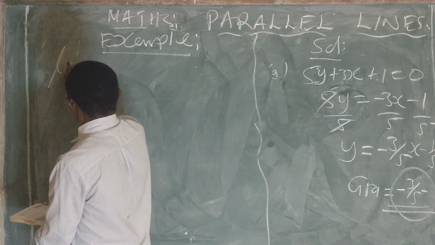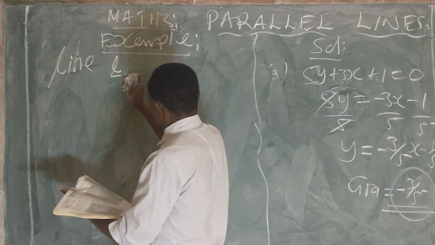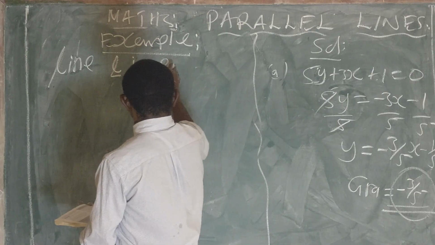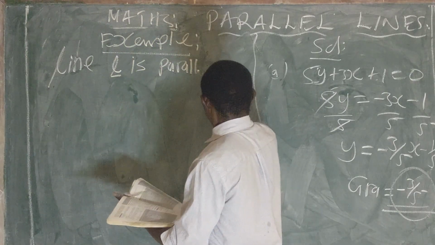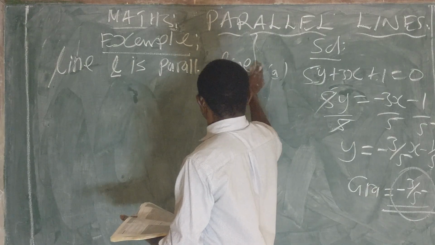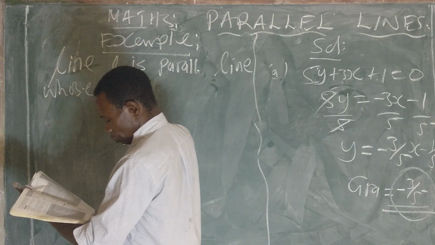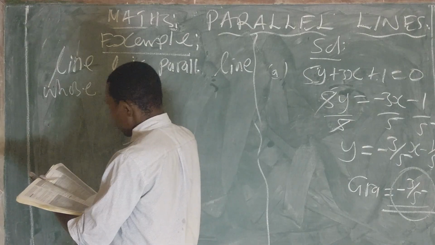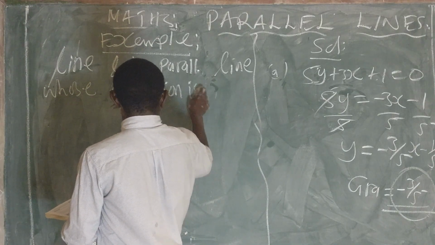We are told that there is a line, arrow, which is parallel to a line whose equation